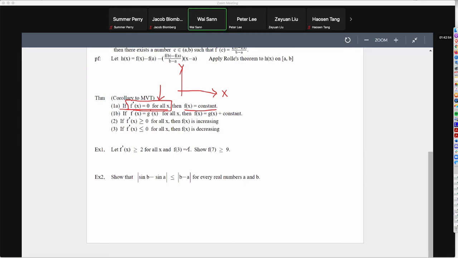A horizontal line. Right, we can only draw a horizontal line, because as soon as we try to go up, what happens? The derivative is not going to be 0. As soon as we try to go down, the derivative cannot be 0. That is, this exists. And by the way, when it says f prime of x equals 0 for all x,